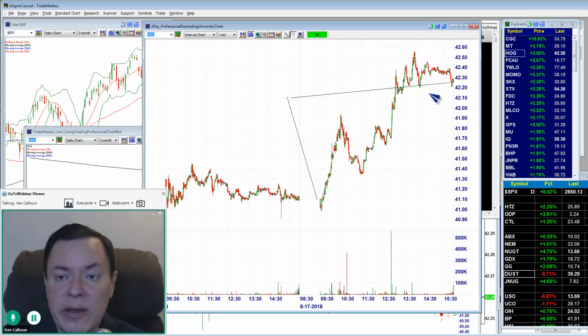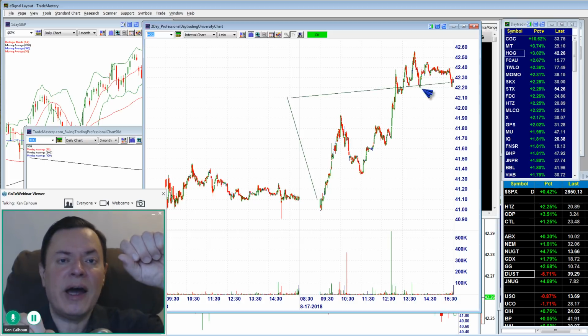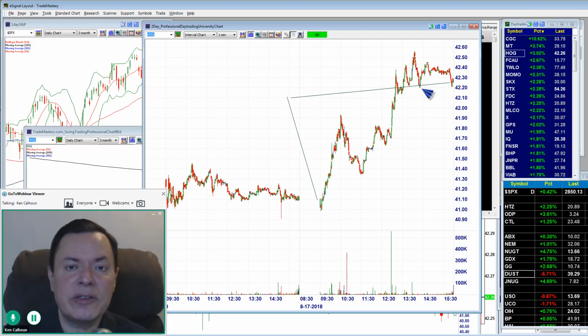So Harley Davidson is an example of one, right? It's right above the whole number 41, ran into the midpoint resistance of 42.50, buying at 9:35, 9:45, selling at 3:30 or so before the close. Intraday swing trade. Look for those kind of charts that have an open and a close that's higher, and you got a nice directional all day long run that you could have made a lot of money in, and use that as your